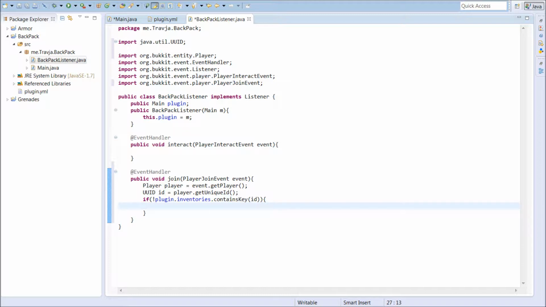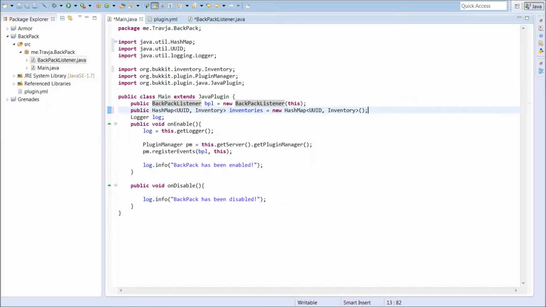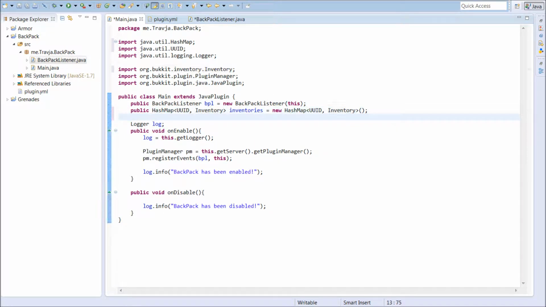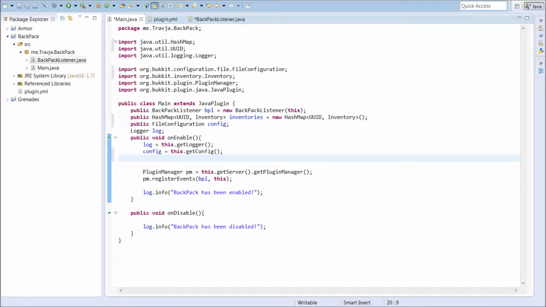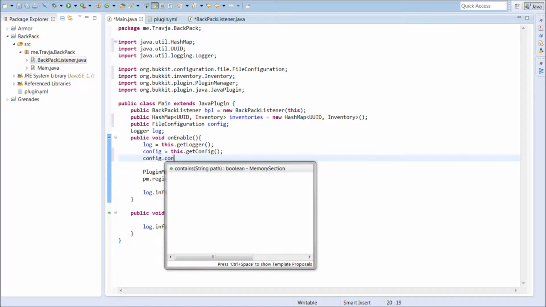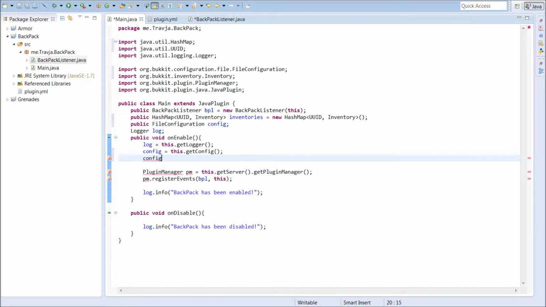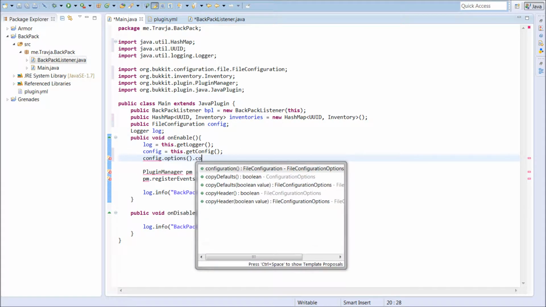So, sorry, I'm kind of bouncing around here, but I'm going to come back to the main, and we are going to create a config. So, file configuration, config, and then down here, config equals this dot get config, import everything. Okay, so config, no, the options dot copy defaults,